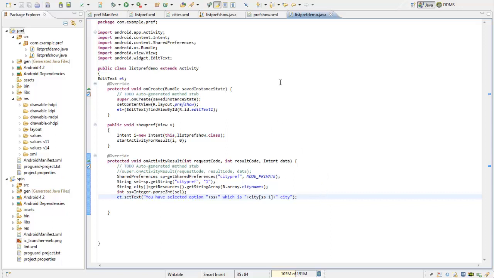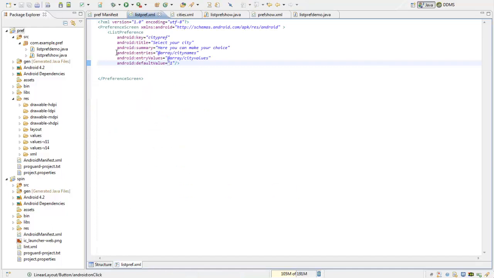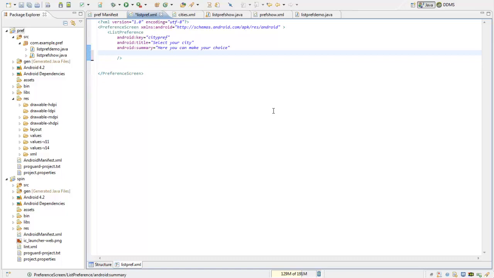Now another thing is, in case we don't want to fix the entry values in the XML file, suppose I'll just remove this. And we can dynamically allot these values from the Java file. So I'll just save this and I'll go to my listPref show.